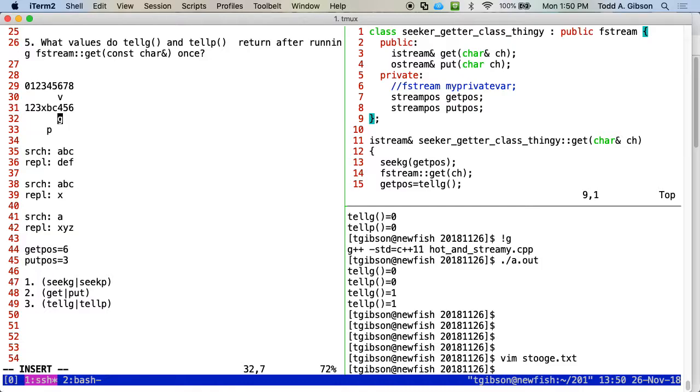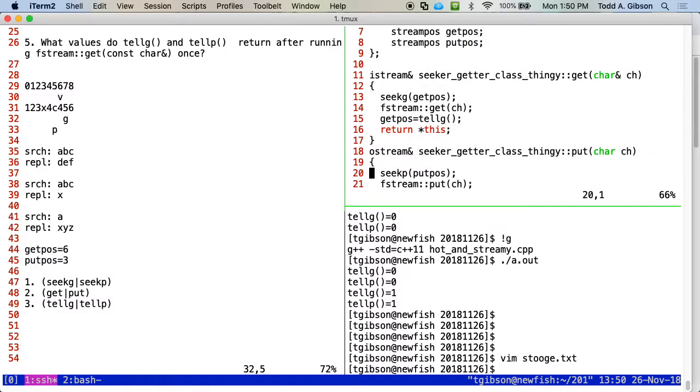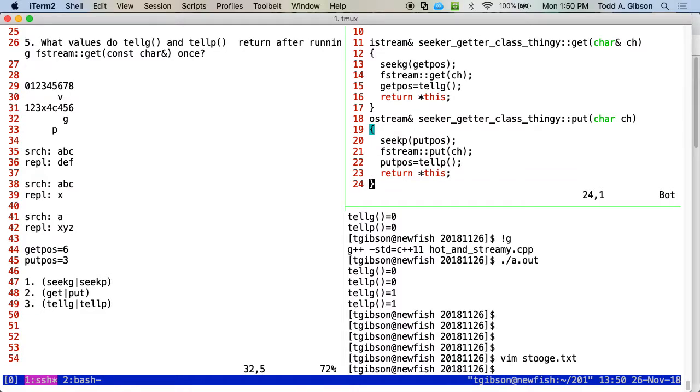So I read in a 4. The 4 does not match the A in ABC. So you have to put it out, right? And then the 4 goes here, and then this increases, right? And remember, these two are these two variables right here. Those two variables are being updated because we're using these get and puts and are updating those variables.